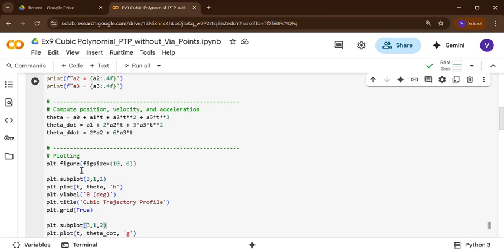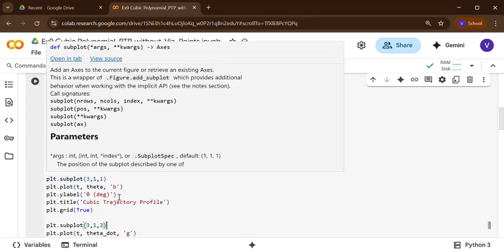So figure is the function. In that we have given the size. Okay, so it is 10 inches width and 6 inches tall. So 6 inches tall. Okay, in this way. Horizontal height is 6. Sorry, vertical height is 6 and the horizontal length is 10. Okay, so we have reserved the area, and next one is we are going to plot it.